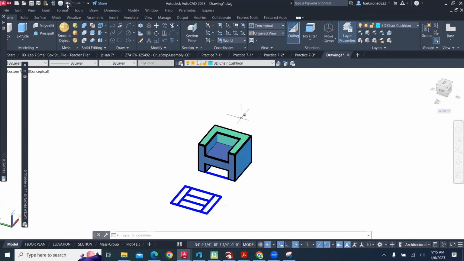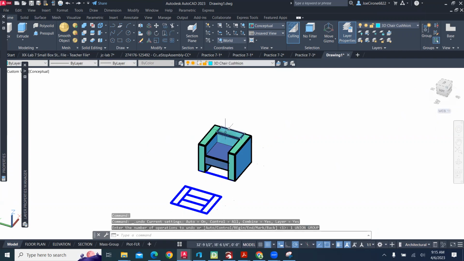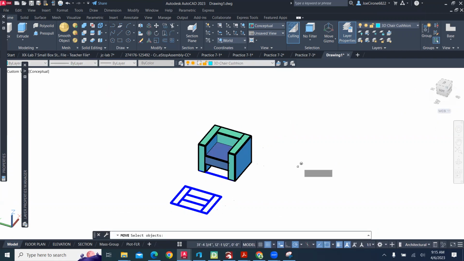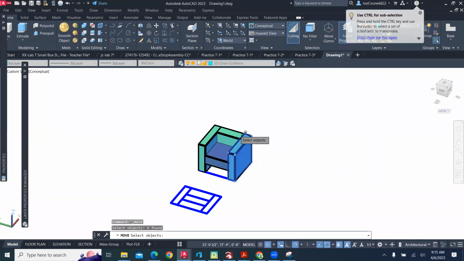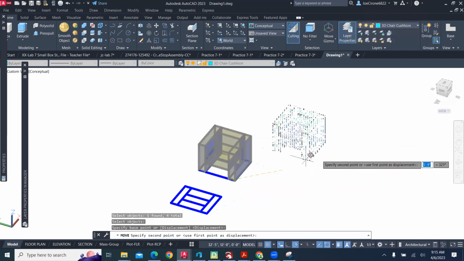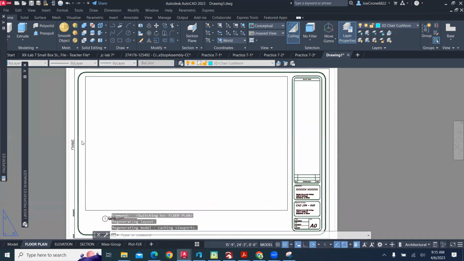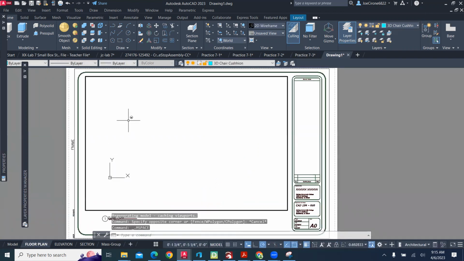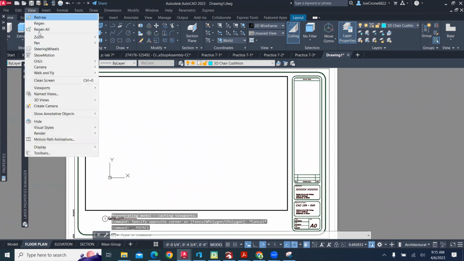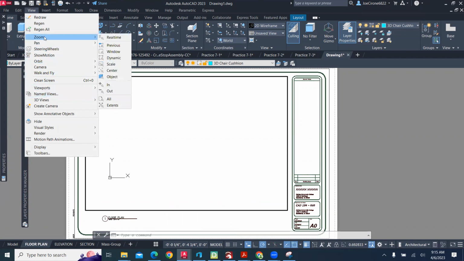I'm going to undo some of that. I'm just going to leave it like that for right now. I'm just going to move it because I like that visual style. And we'll move that from here to there. And then we'll start to put that on title block. And so we can go to a floor plan template, double click in the viewport, view, zoom, zoom all,